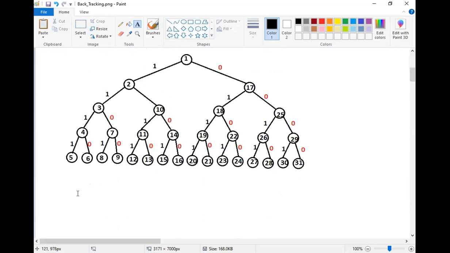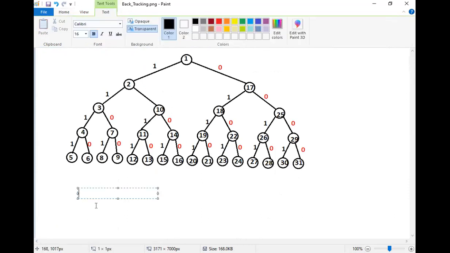Okay. Now, for your understanding, let me validate whether you understood or not. Suppose the binary lock's key is 0101, can you tell me what the path involved is? What is the first vertex? First node 1, from 1 to 17, then from 17 to 18, from 18 to 22, from 22 to 23. So that particular path gives me the solution.